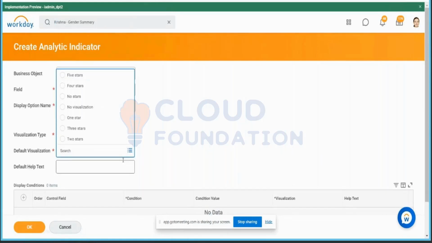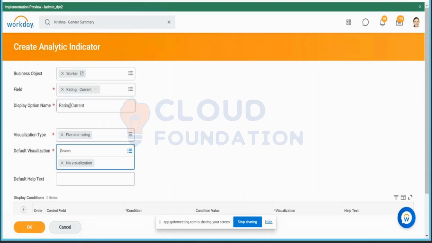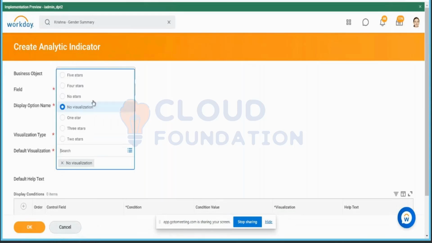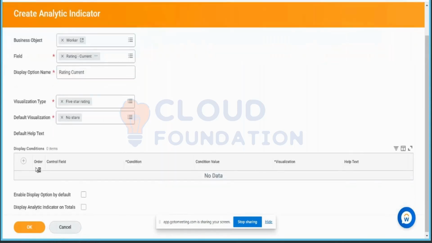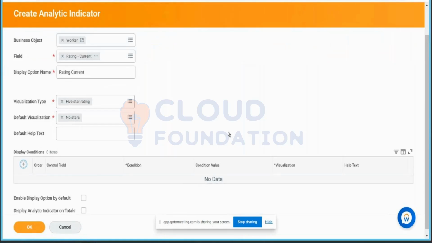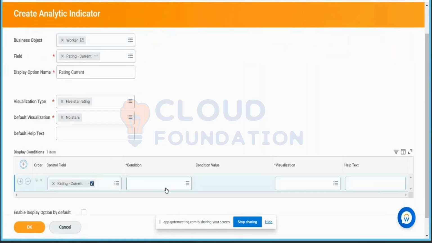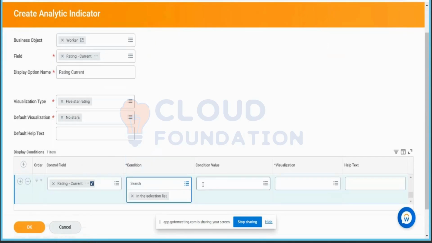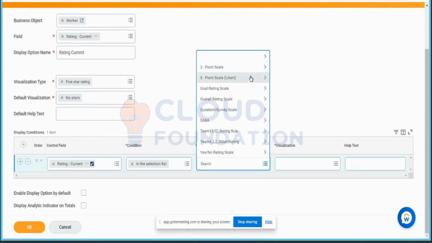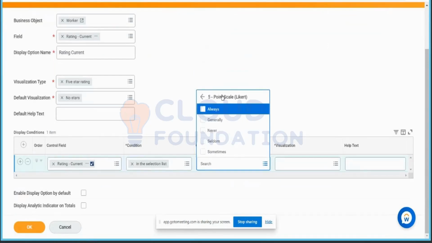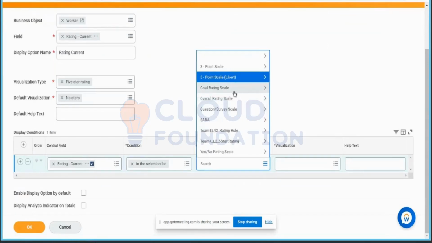And then default visualization. Default means if there is no data, then I will say no visualization. If there is no data, then do not show it, or no stars. Let's say no stars. And conditions. So I have to define the conditions here. If rating in the selection list is any of this one, like let's say 5-point scale, or we can choose